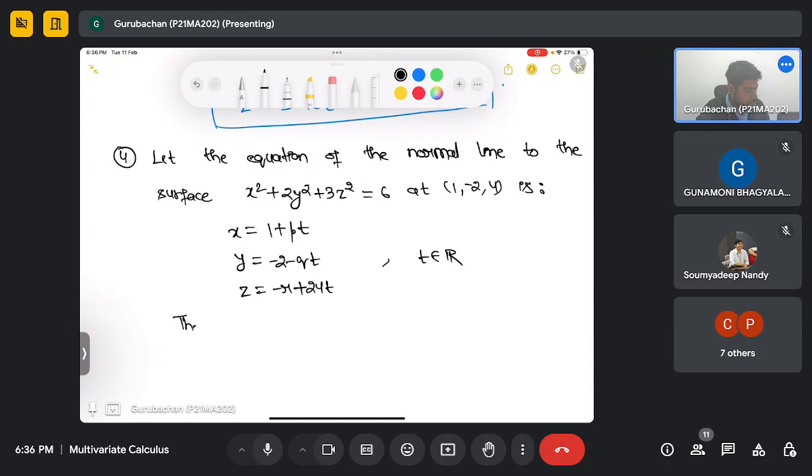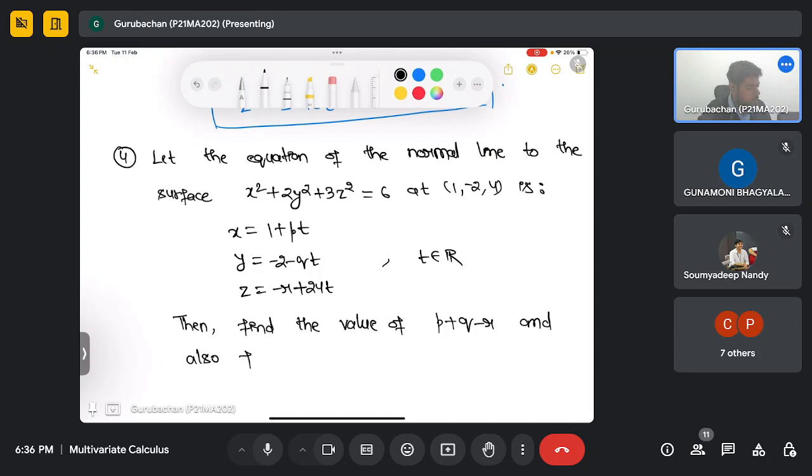Then find the value of p plus q minus r and